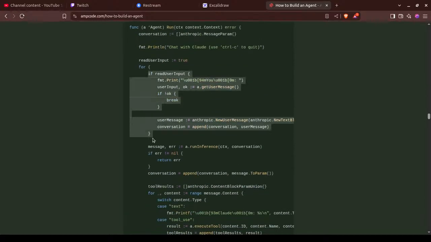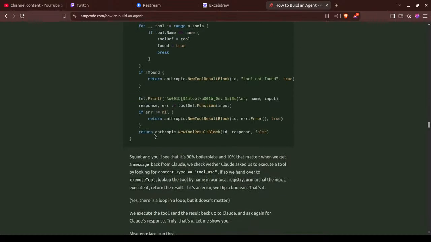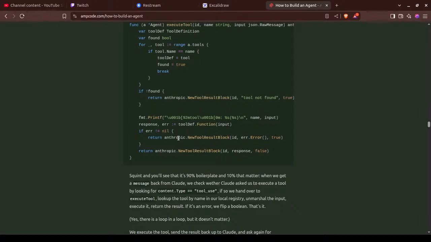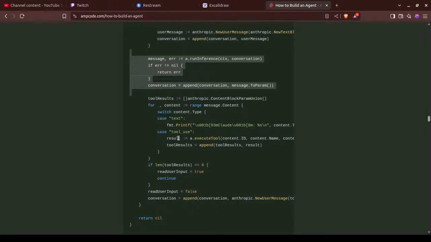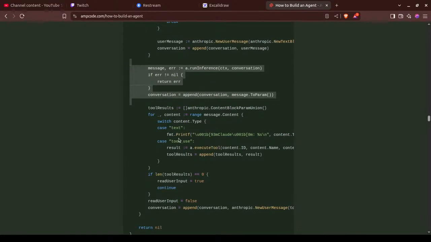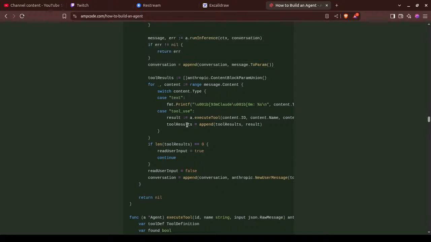Wait. If it's user reader, then, but we have already appended the tool call result, right? So, okay, it's getting a little hard to understand here. So tool results we append the, oh, okay.